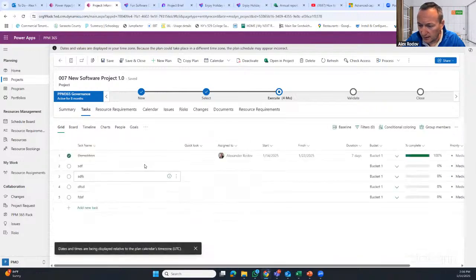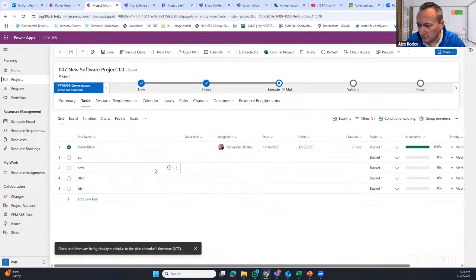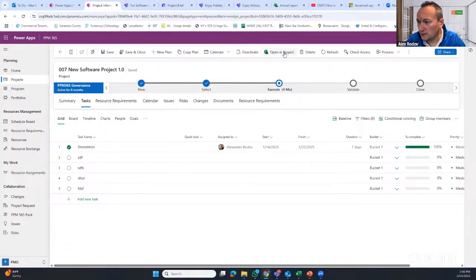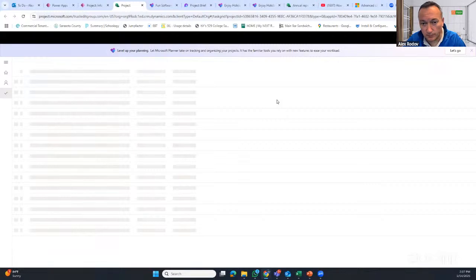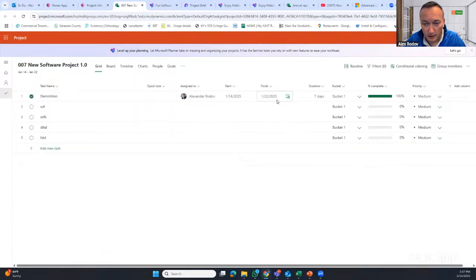And here in the planner, you can start assigning tasks and do whatever you want. Just manage this schedule piece of the project management. You can also pull it into the planner, right, and see how it looks in the planner. So for those of you who are still confused about Project for the web and Planner, so here's this little